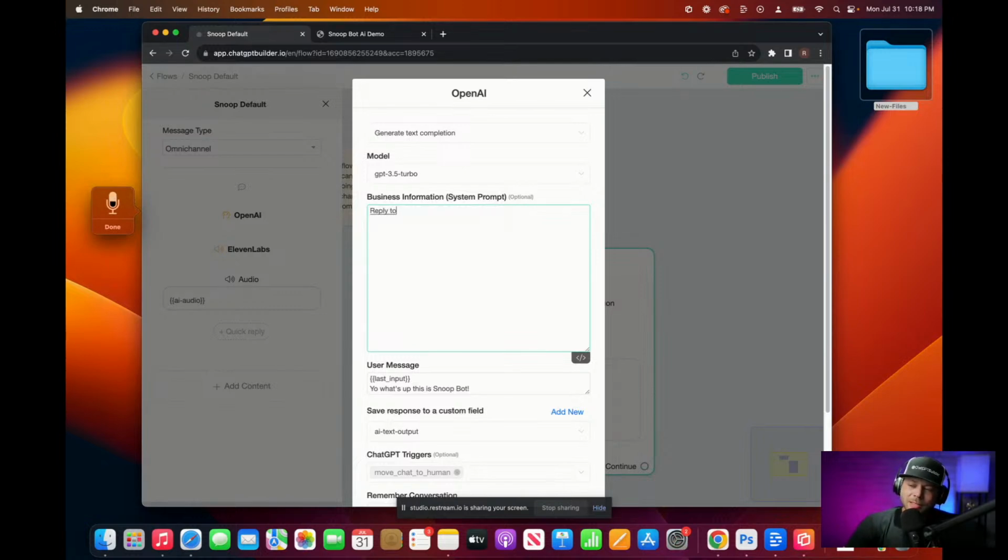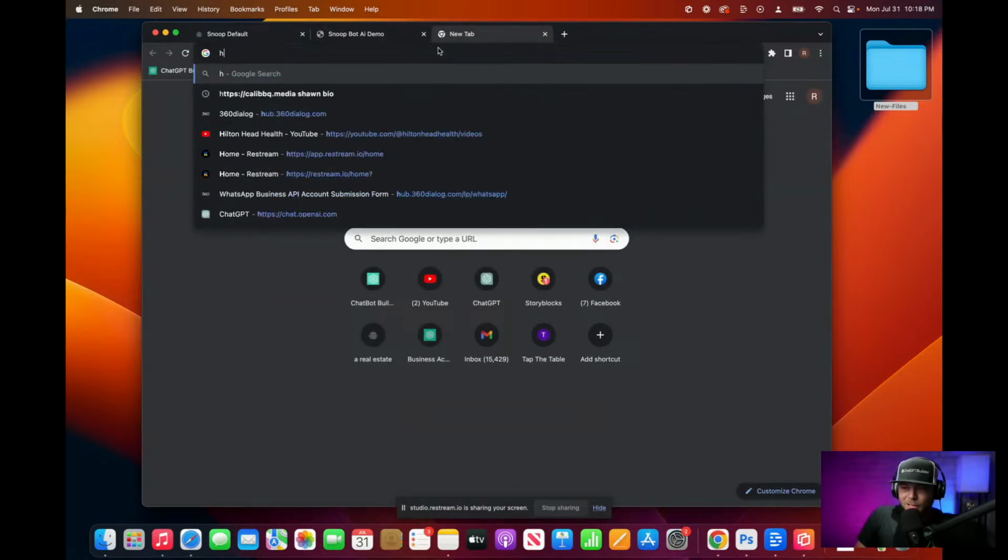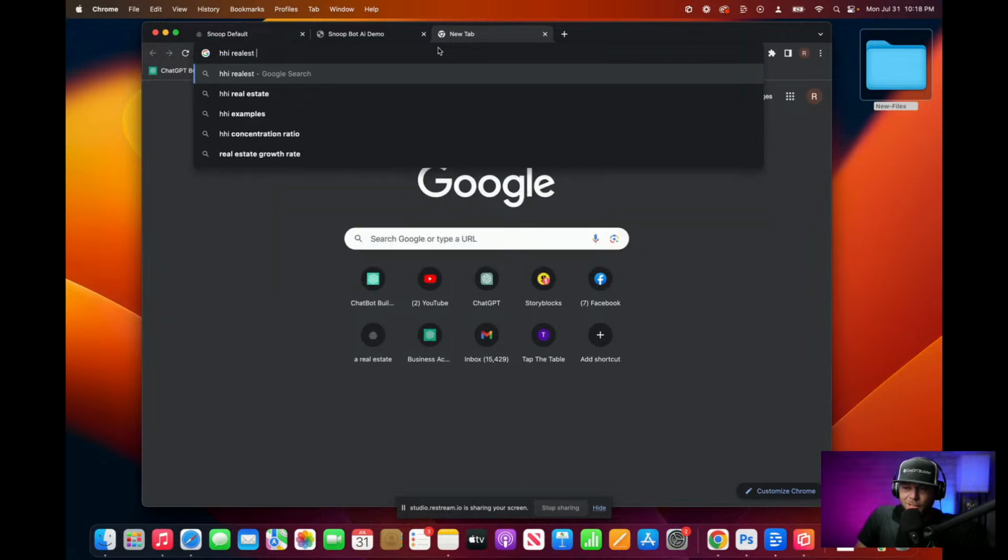In this case, we're going to reply to all messages in the tone of voice and POV of Snoop Dogg, because you are Snoop Bot, the real estate agent expert of Hilton Head Island. Period. And we don't need the all right. So here's where we're going to get kind of gangster with it. We're going to find Hilton Head HHI real estate